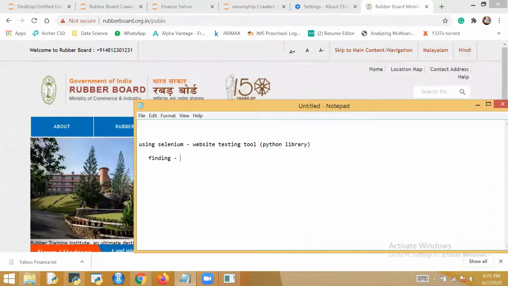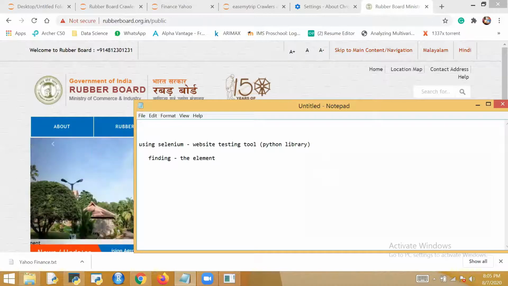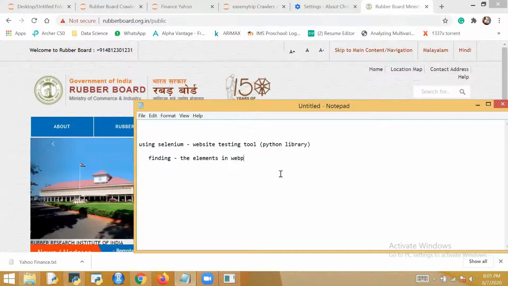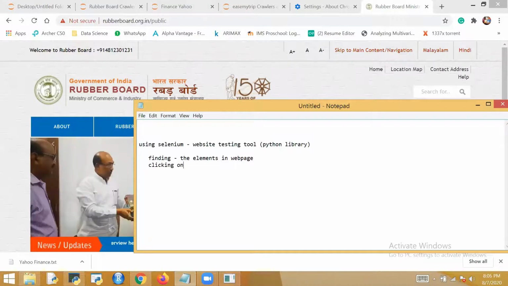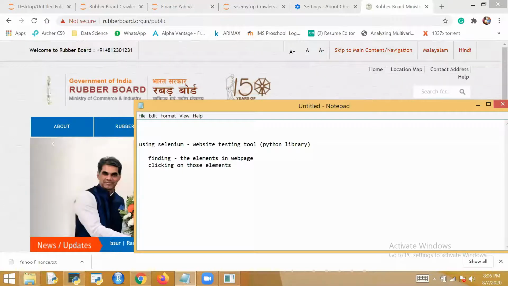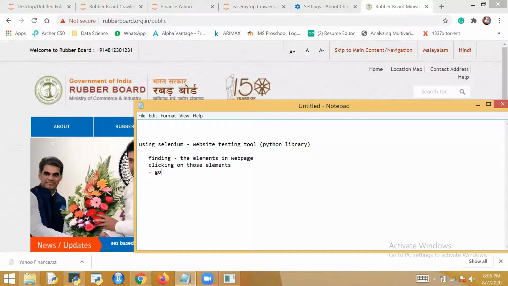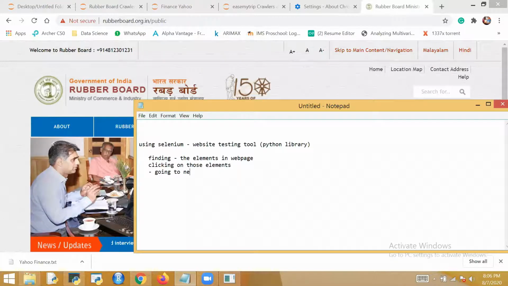Finding the elements in the web page. Clicking on those elements. After clicking, going to the next URL. Going to the next page.